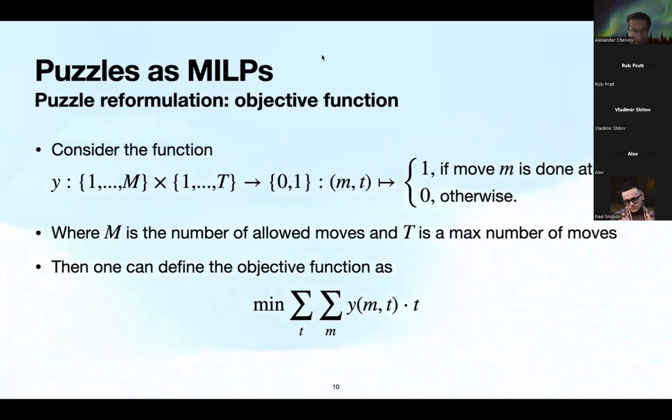Well, you probably won't be able to put t as large as possible because that will blow the search space up. So you really want t to be as small as possible. And the smallest t you really want to incorporate in such a machine is the God's number, which is the diameter of the graph of the group. So that's the objective function for the linear program.